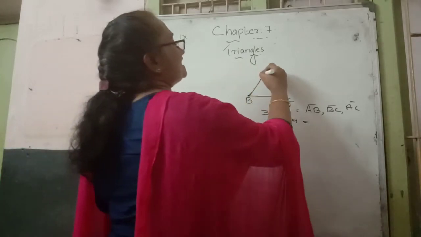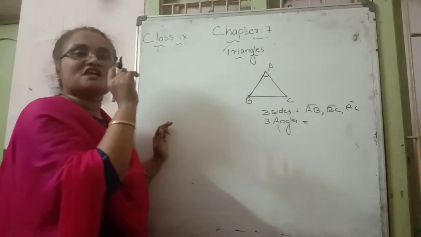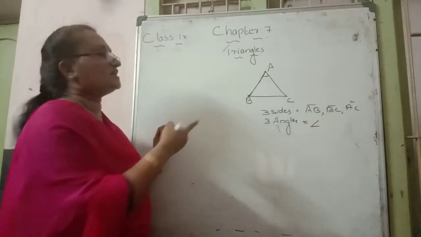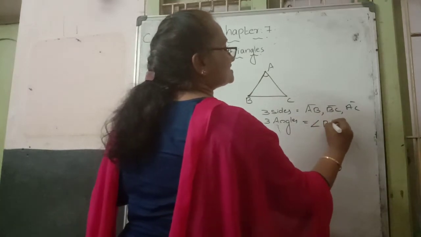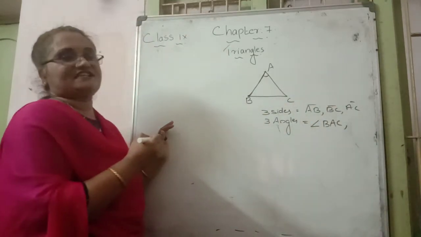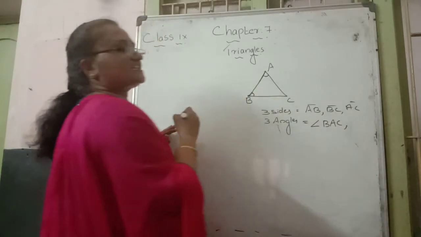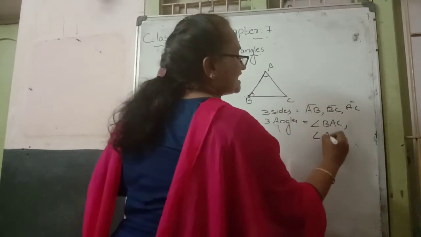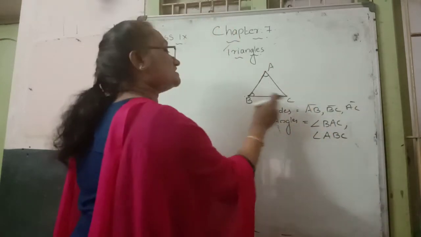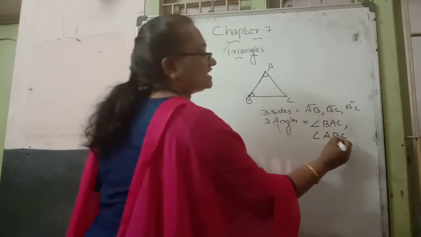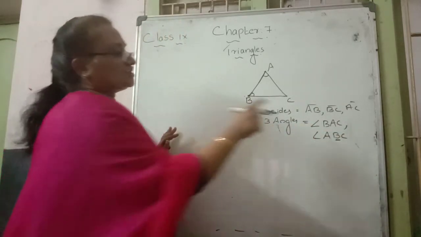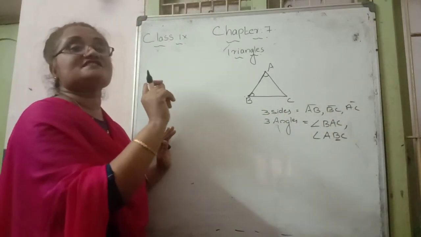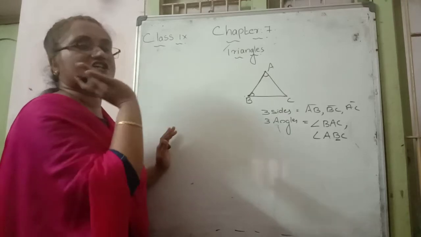Suppose we want A as the middle alphabet. How can we read it? This symbol represents the angle symbol. Angle BAC. That time A is the vertex. Suppose you want B as the vertex, then we read angle ABC or CBA, in any order, but B comes as the middle alphabet. Here also BAC or CAB, any order you can read, but A comes as the middle alphabet. That you just check.